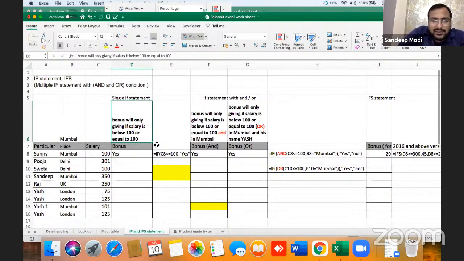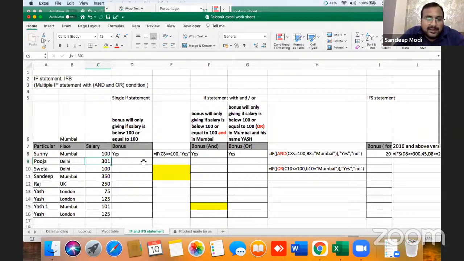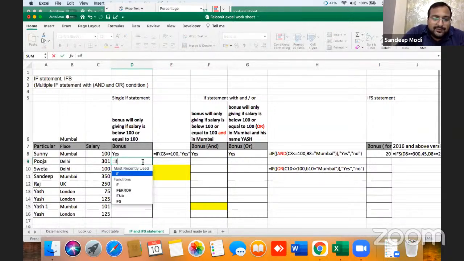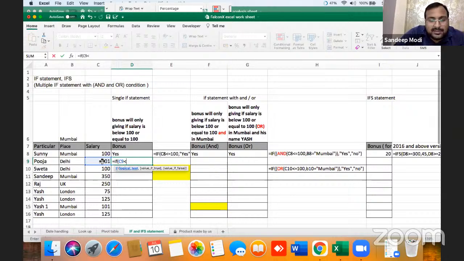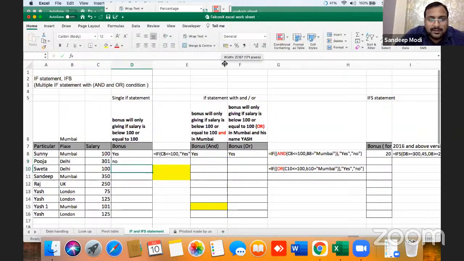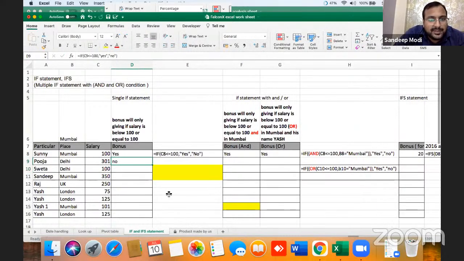Here my simple if statement will check: if this is greater than 100, no bonus; if it is less than or equal to 100, bonus will be given. If yes, we will get a bonus. Otherwise, no. This is the simple if statement.